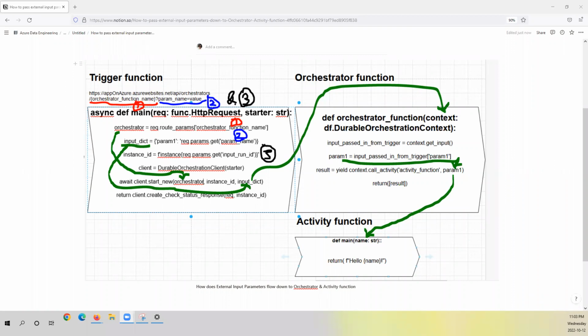Good evening, everyone. Today I would like to share with you how I found out how external user input variables are passed in between the functions in the Azure Durable Function Framework. Firstly, I would like to briefly mention why we use